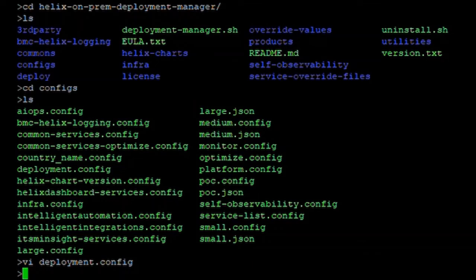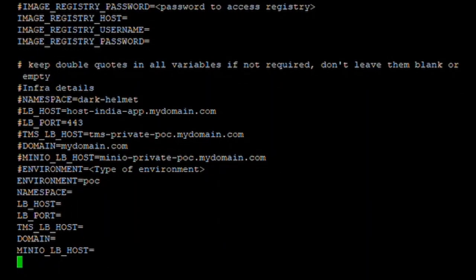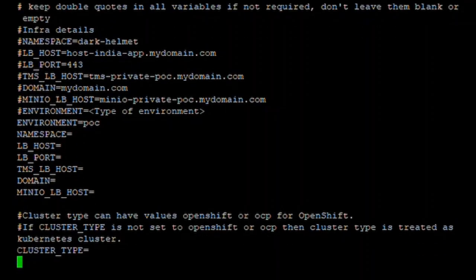The second file is a little more complicated. It's called infrastructure.config. It actually tells me the image repository, the image host. So all of these parameters I need to be able to specify. I need to be able to specify my load balancer. All the TMS hosts will have to be defined that are described in great detail in documentation. And some of it is described in the file itself.